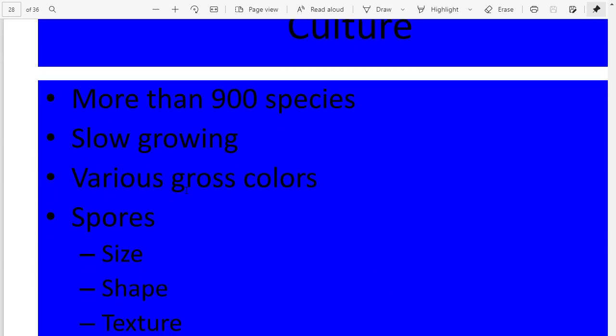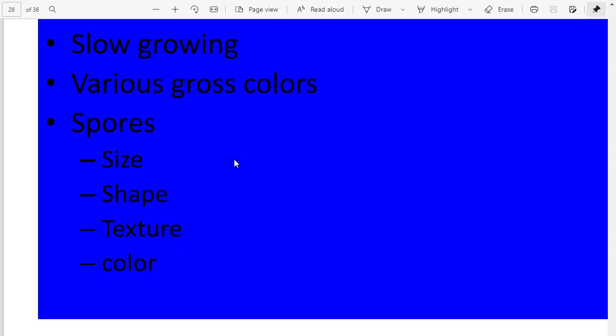You get a different color of the colony, fluffy, nice, with elevated edges, and the size, shape, texture, the color, the size of a spore as well under the microscope will verify the type of Aspergillus. We said that a moderate size colony with a rounded shape and whitish in color with a green center is Aspergillus flavus. If it is a big size colony with mucoid edges and a black center, this is Aspergillus niger. If we have it in the form of a moderate size colony with a yellowish or a greenish center, this is